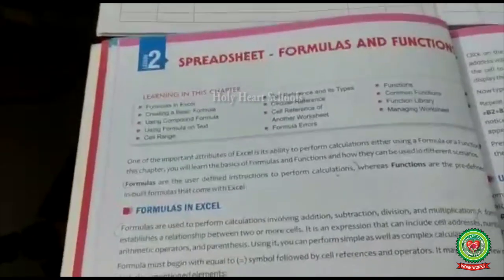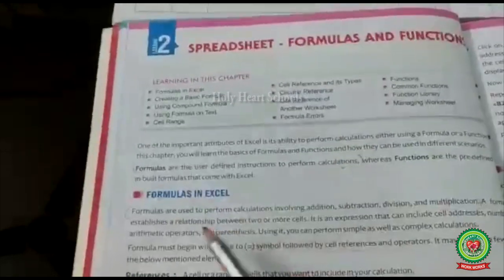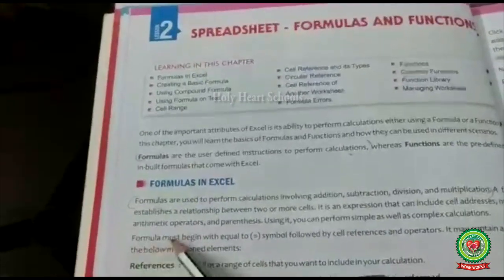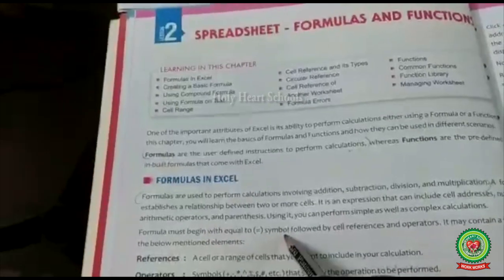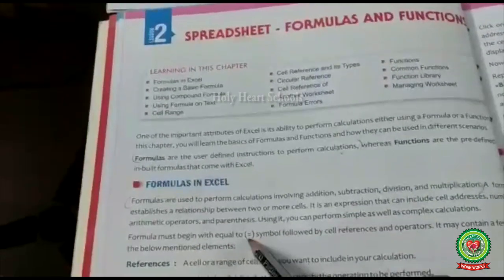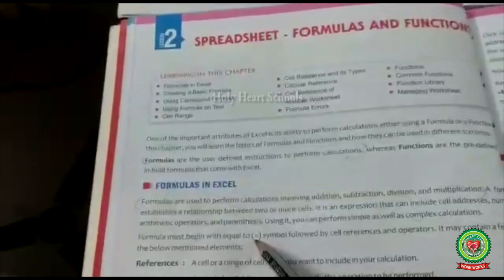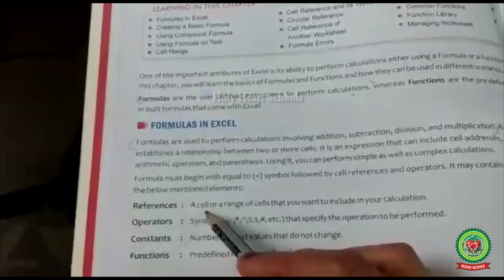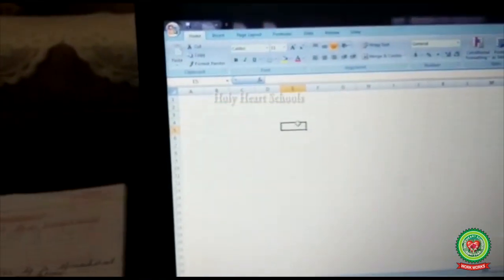And to build a formula, we need some more terms. Before starting the formula, the first rule is that a formula must begin with the equal to symbol. From the keyboard, firstly we will type the equal to sign, then we will type the cell addresses, then our formula will be built. Now what is a cell address? As I told you, a cell or a range of cells. A range of cells means a group of cells which we will click and use. Like I am dragging, this is a group of cells, that is called a range. And a single cell has another name, reference or cell reference.